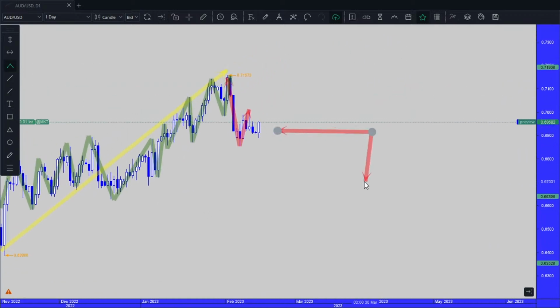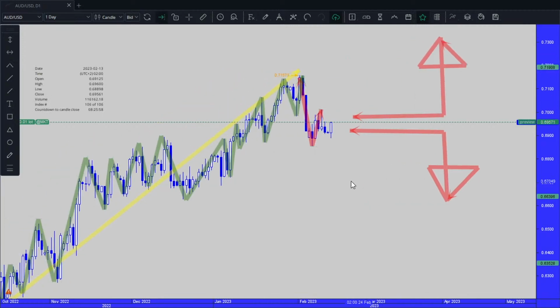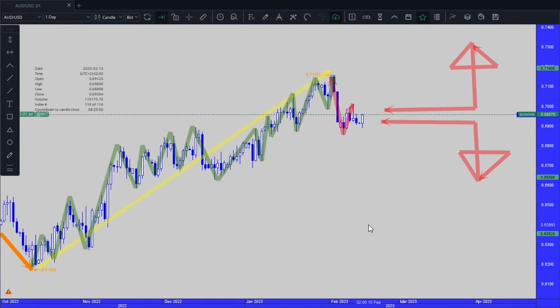Let's make a poll. Who in here thinks that in about 2 weeks time this market is going to be lower? Who in here thinks that in 2 weeks time the market is going to be higher? Based on what you see. Yes, in 2 weeks time. Why? Because we're on the daily. News announcements, you know, non-farm payrolls, Powell speaking, interest rate rising. Is AUD USD in 2 weeks time going to be higher or is it going to be lower?